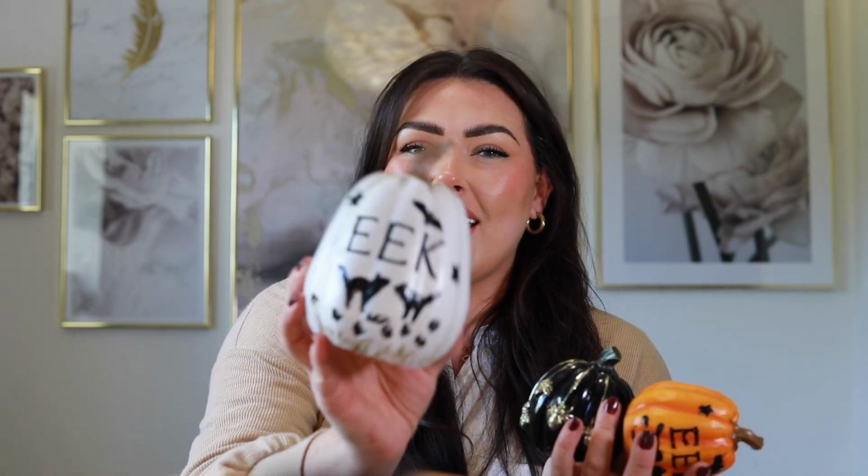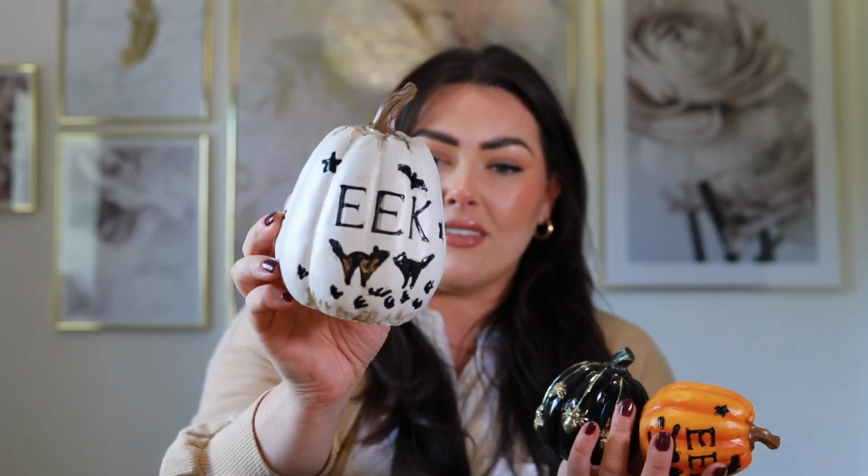So it's pumpkins and more pumpkins. These ones here are again all from One Below, and they do have them in stock again this year. This one here, it says Eek on it, and it's got a sort of cat design, little bats on it, and it's also sort of rustic looking, which I love. You could actually fill and spray that if you don't want to have the words on it, or you could just turn it the other way, which is what I pretty much tend to do until it's Halloween week. And that one I'm sure was £2, and these ones were